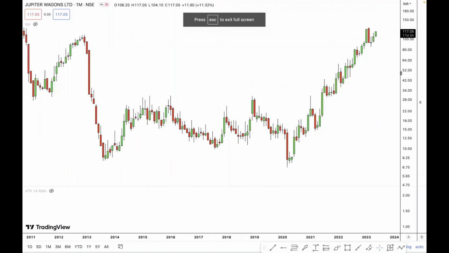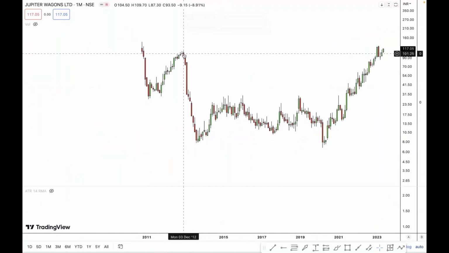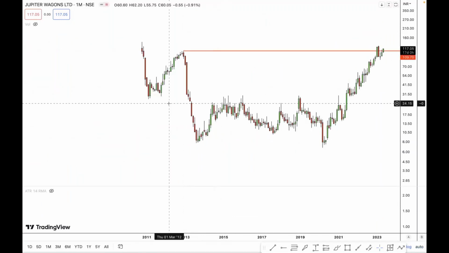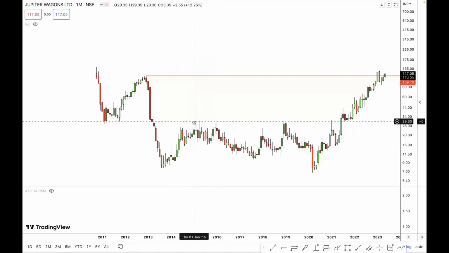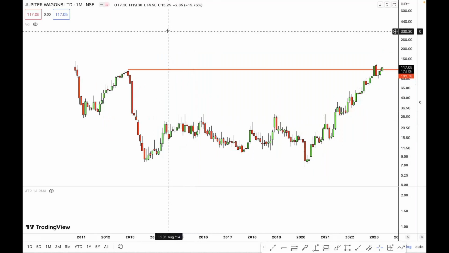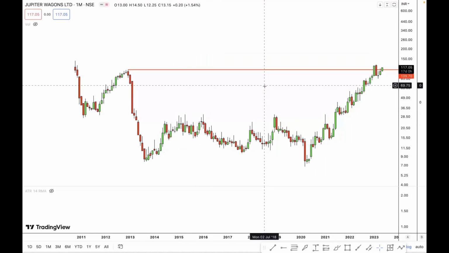Now, this is the level जिसके ऊपर मेरे को breakout मिला था 109.70. Now this stock was discussed in the last session also when I was talking about three companies which were recently on my radar. So I got a breakout above this particular high which is right here on this candle, which is this green bar, right? तो ये वाली green bar के ऊपर मेरे को जब breakout मिल गया, now